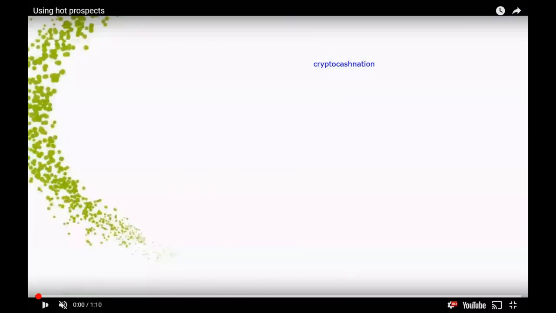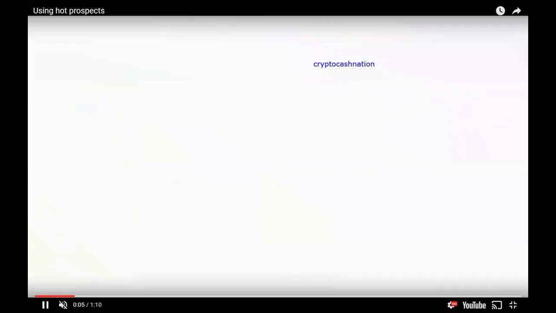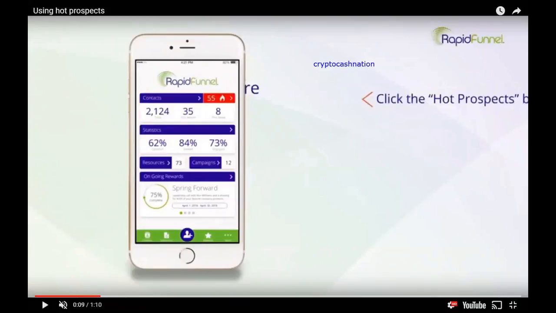Okay, let's bring this back. Okay, so why would these guys have created this feature? And this is really the most important feature in the whole app. Everything that you do in RapidFunnel leads to this, right? And what this means is that all of you work very, very hard. You go to work, you do your deal, you come home, you go to work, you do your deal, you come home. RapidFunnel is simply technology that you're leveraging to allow